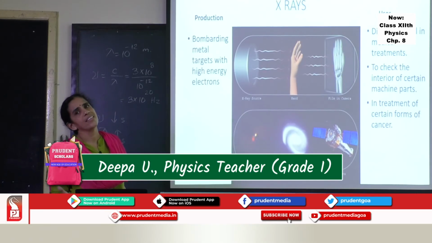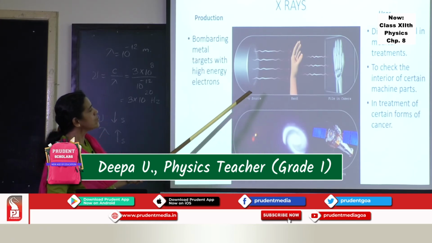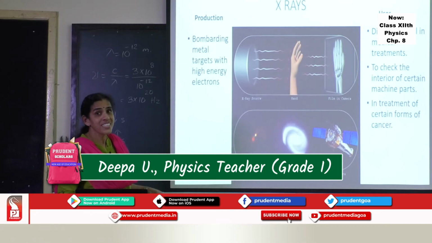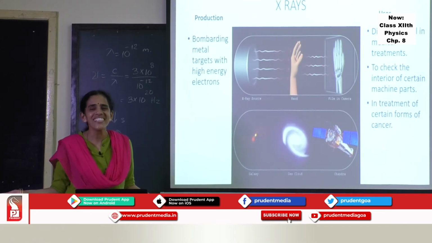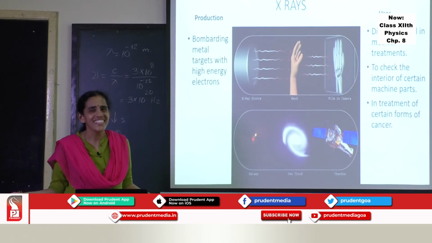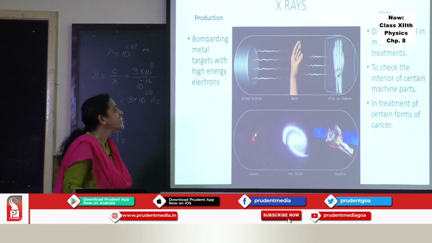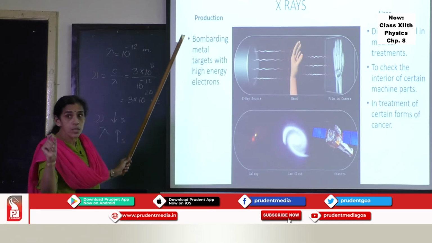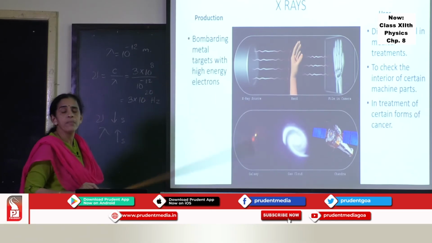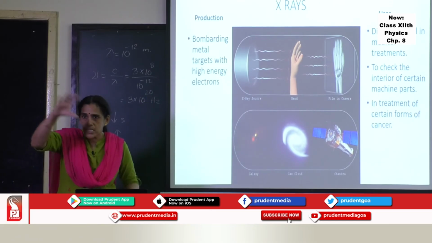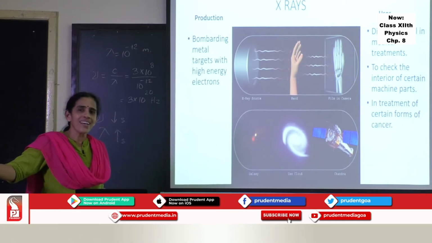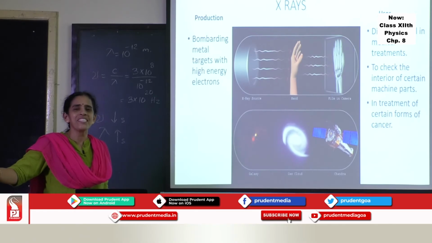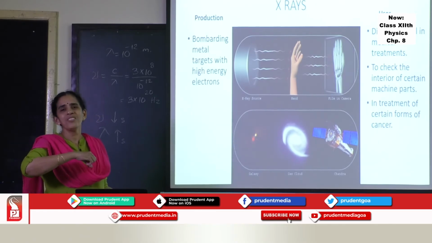Next is X-rays. Everybody knows the use of X-rays. X-ray source, keep the hand. You know the discovery of X-ray, no? Accidental discovery. Who discovered X-ray? Okay, Röntgen. We will not go into that. Now, how is it produced? Very important. Everybody must have seen the X-ray production instrument. How many of you were lucky or unlucky to see the X-ray machine scanning your bones?